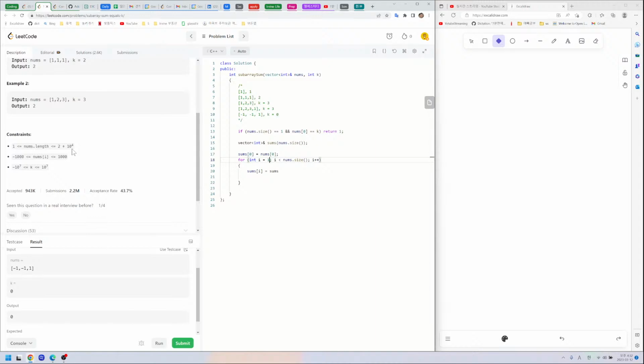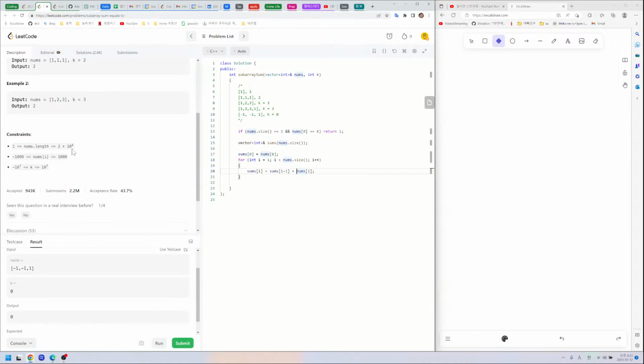So let's start from the i minus 1 plus nums i. So sums k actually contains the addition of the nums,